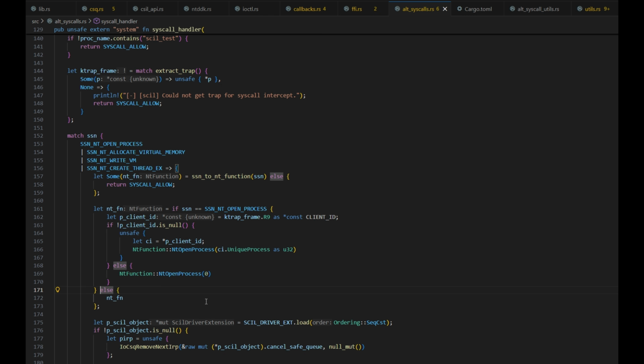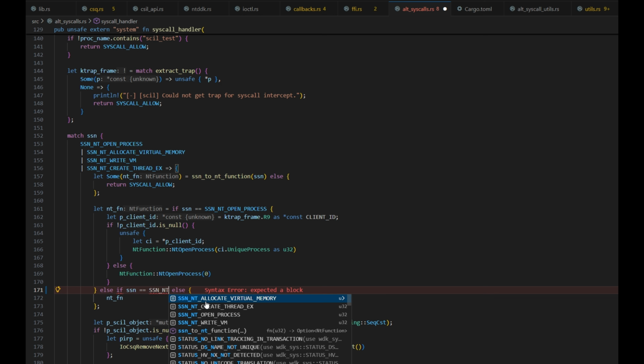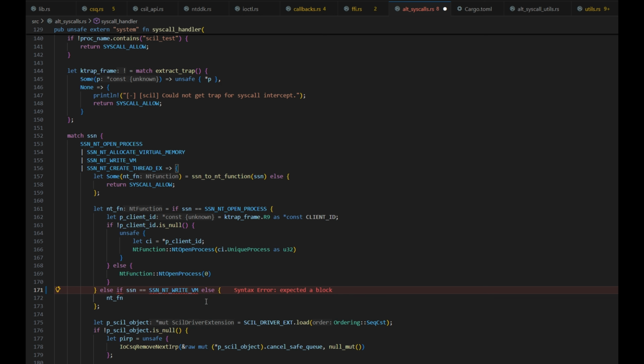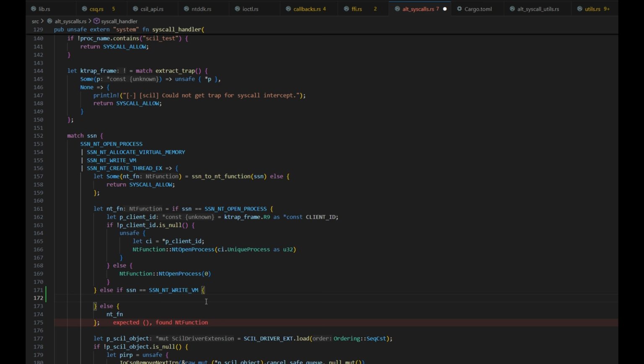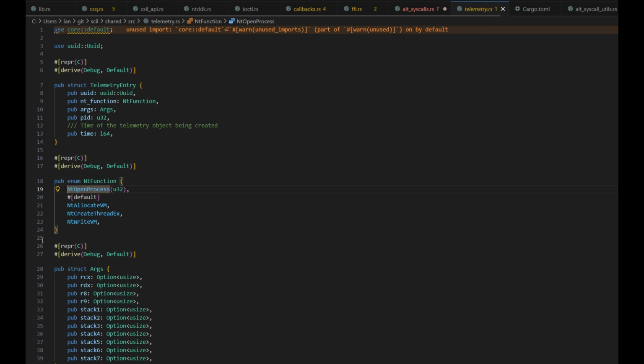We either want to send the buffer to user mode, or we want to pass the pointer to the buffer and the length, which is probably easier. It's a smaller copy. We don't really want to be doing large mem copies in memory. So let's just thrash this out. Let's say else if SSN is equal to SSN NT write virtual memory, then we want to